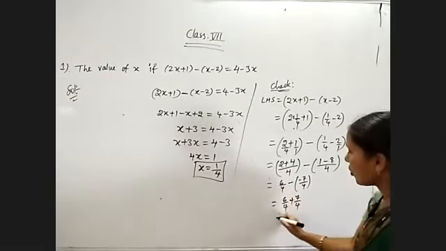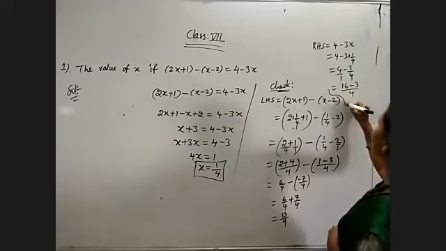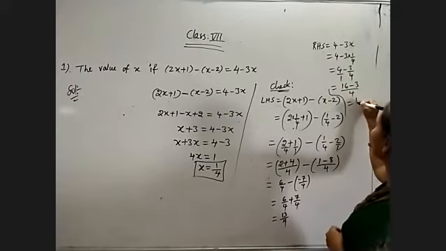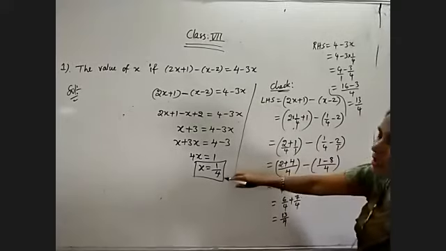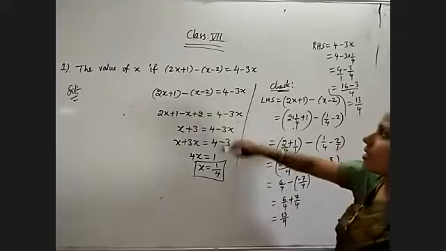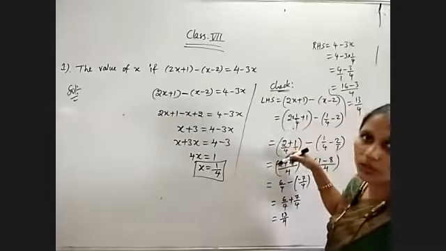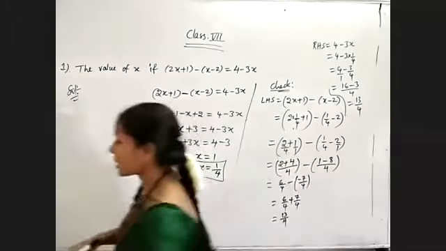And try to simplify the RHS side. 4 minus 3x, that is 4 minus 3 into 1 by 4. So 4 minus 3 by 4. 3 ones are 3 by 4. Go through with the cross multiplication. 4 fours are 16, 1 threes are 3 by 4 ones are 4, which is equal to 16 minus 3 is 13, 13 by 4. Observe LHS and RHS, both are equal at x is equal to 1 by 4. Okay, for a simple equation, whatever value you get, whether it is correct or not, go through with the checking also. Now coming to the next type of question.